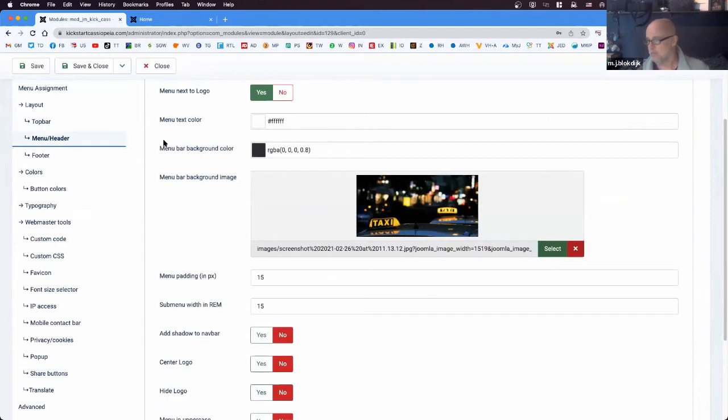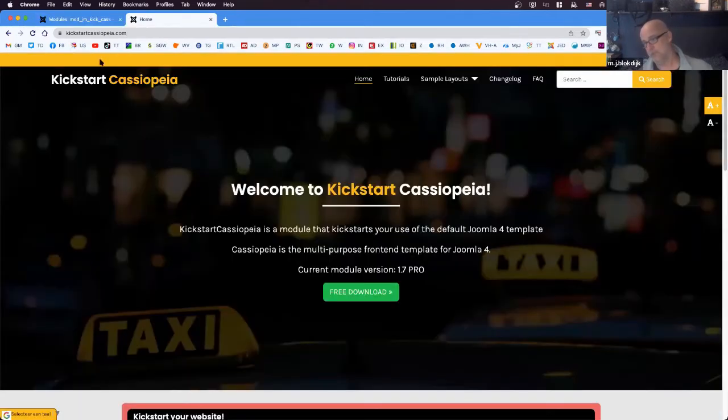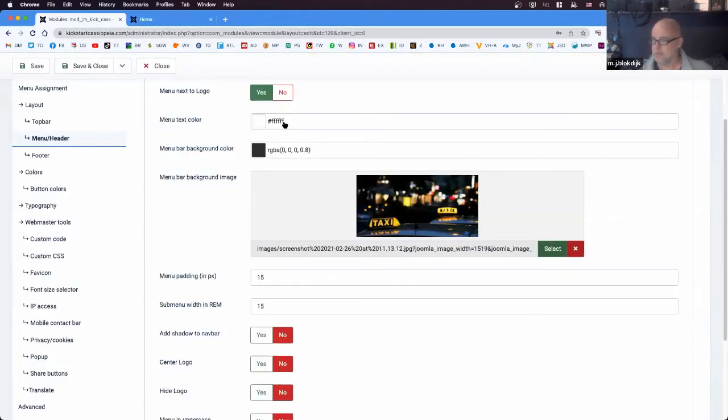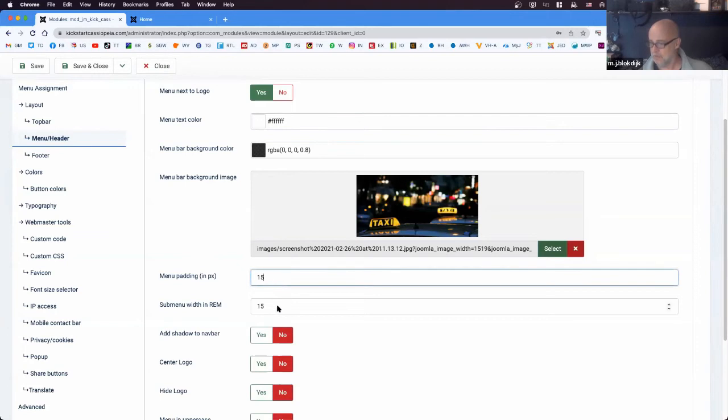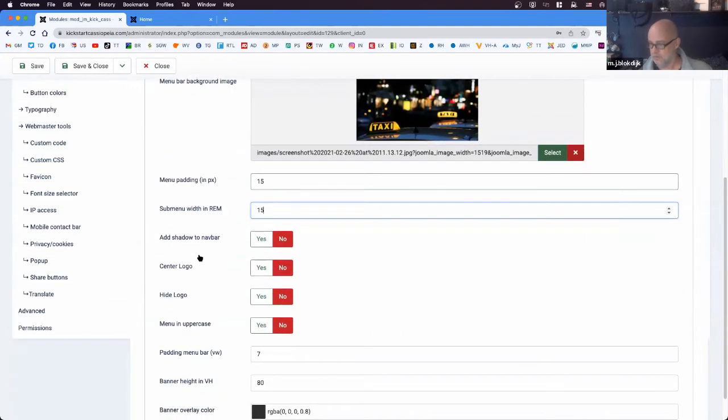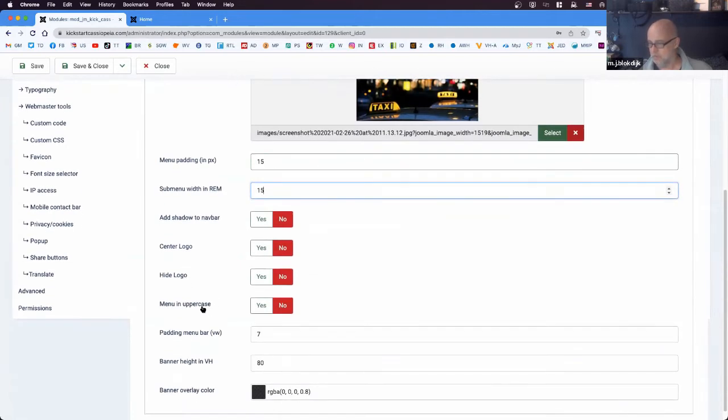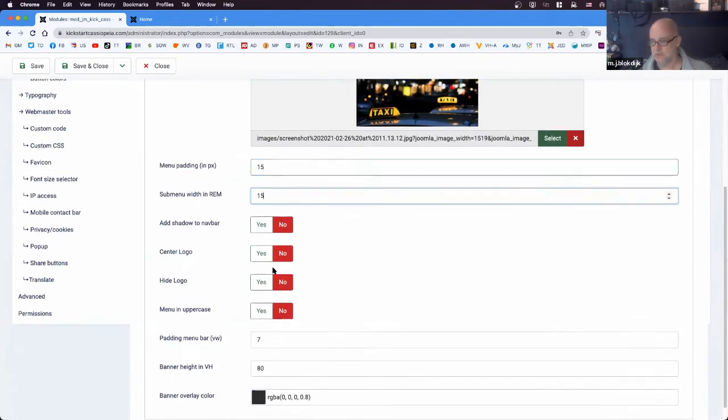Menu header options. Do I want my menu next to my logo? Well, as you can see, here's the logo and here's the menu and have it next to each other. So yes, I want to set some colors and I also want to set a menu background image that's on top here. If I use the same image here as I used in this module, it'll create a seamless effect. I can set padding, I can set submenu widths, tons of options, add shadow, center the logo, hide the logo, create menu in uppercase, set padding, set the banner height, set the banner overlay color, tons of features on the